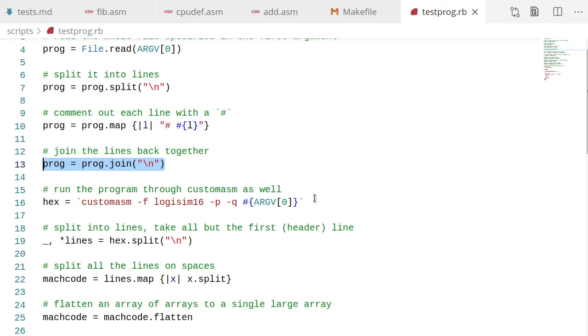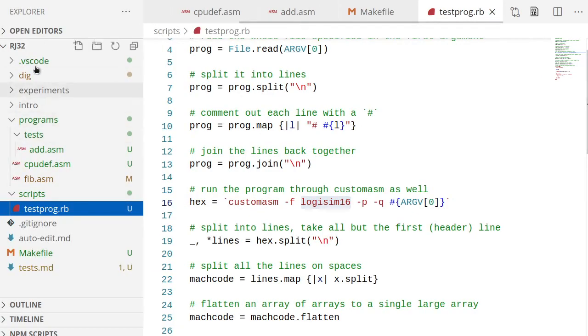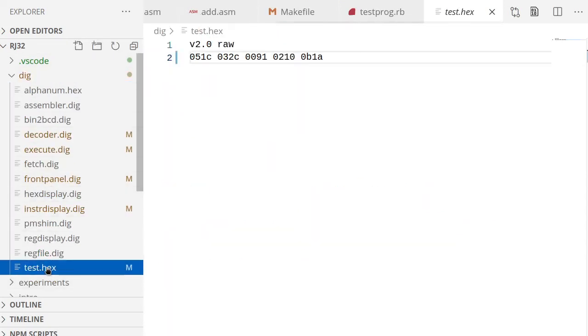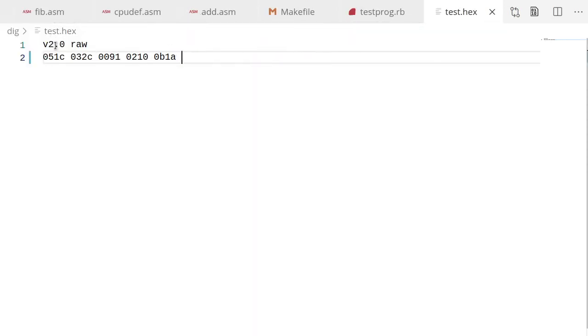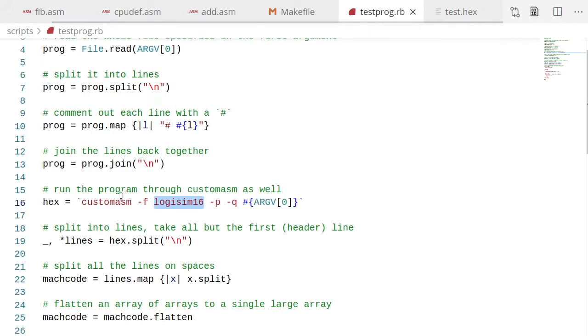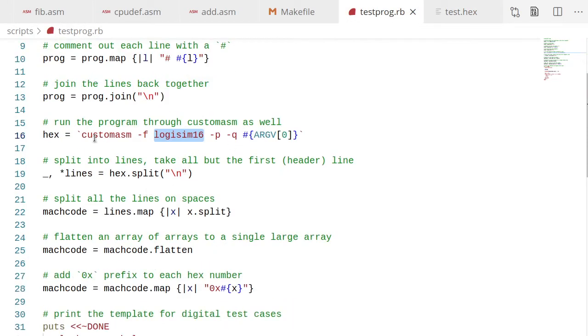And then we also take that same file and we run it through custom ASM to produce the Logisim 16 format. And just a reminder again what that format looks like. It looks like this. So we get this header that we need to strip off, and then we get a bunch of hex values. Well, that looks really close to what we need for the program statement in the test case. So what I do is take the output, I then split it into a bunch of lines, and